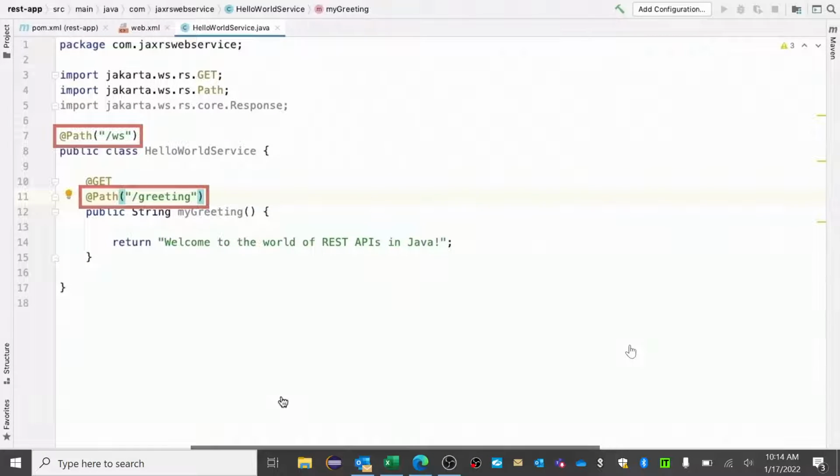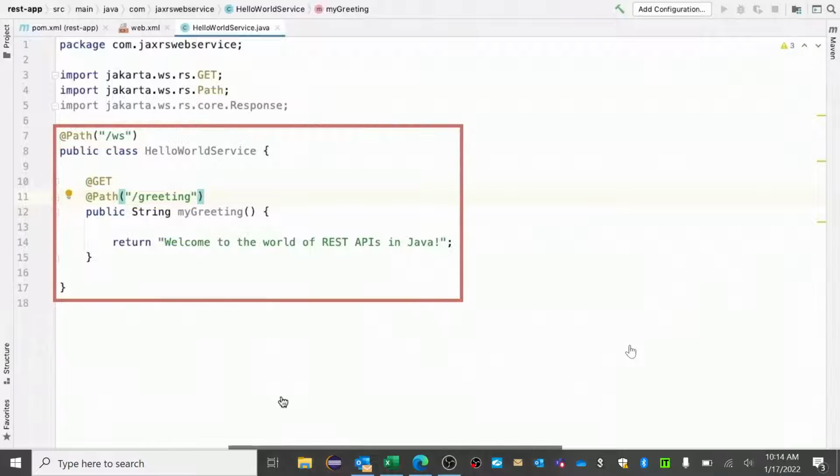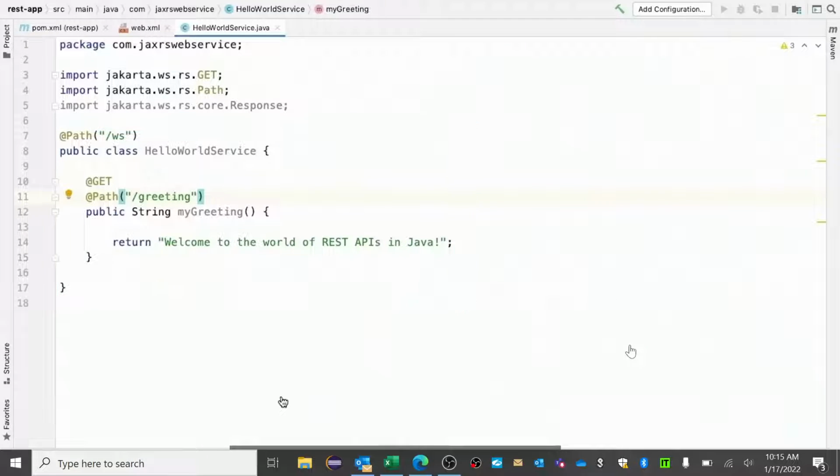The full URL corresponding to this method will then be /ws/greeting. This definition will allow us to define multiple methods in the same class, each of which maps to a different URL path.